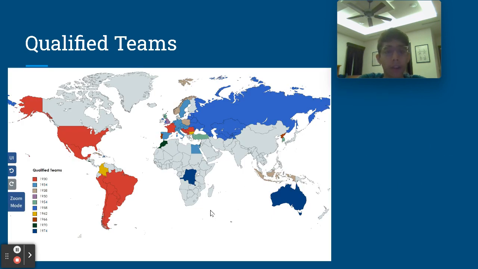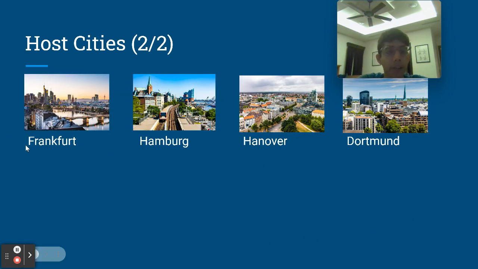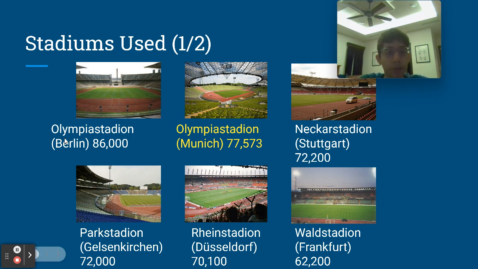Here are the qualified teams on the map. Some of the host cities were West Berlin, Munich, Stuttgart, Gelsenkirchen, Düsseldorf, Frankfurt, Hamburg, Hanover, and finally we have Dortmund. The stadiums that were used were both Olympic stadiums, Berlin's and Munich's, the Neckarstadion from Stuttgart, Parkstadion